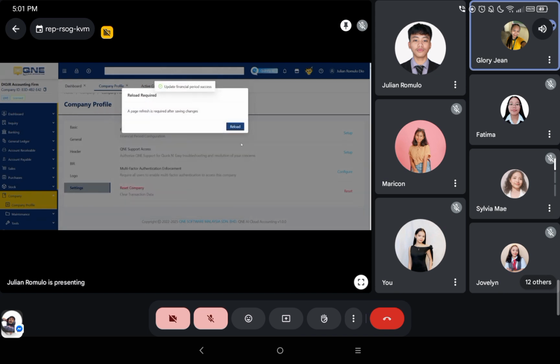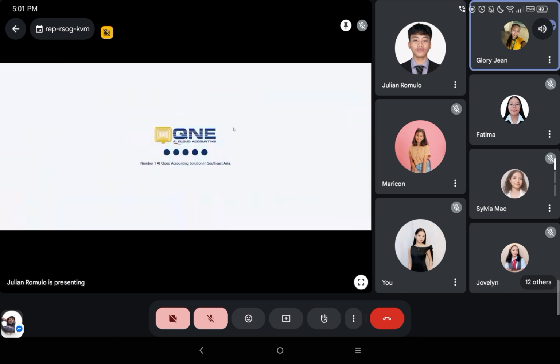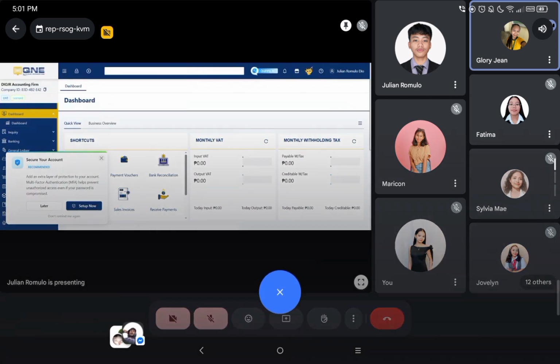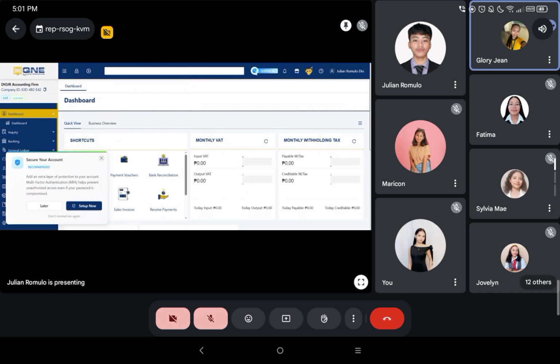After done, click the button OK, and after that, a message will pop up wherein you will be asked to reload. After those changes, click the button Reload. Then, you're done setting up your company. That's the end of Module 1, Signing Up and Adding Company. Now, may I call on National to start the demonstration for the Module 2. Thank you.